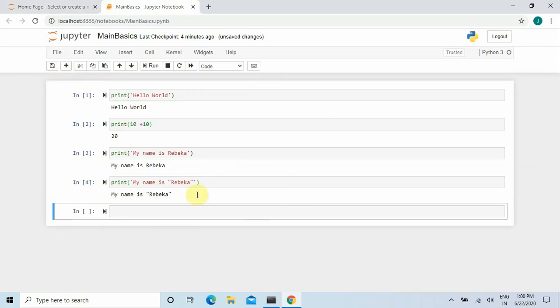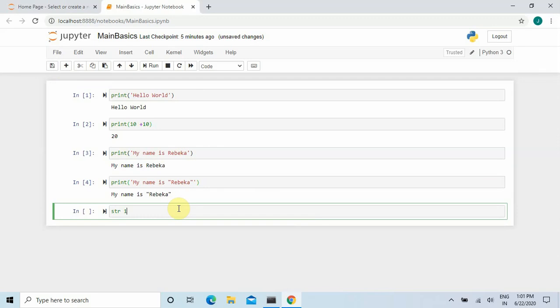Now let me add another cell. Suppose let us take a string. Now remember one thing: if you know Java, unlike Java, Python doesn't have any concept of characters, it only has the concept of string.